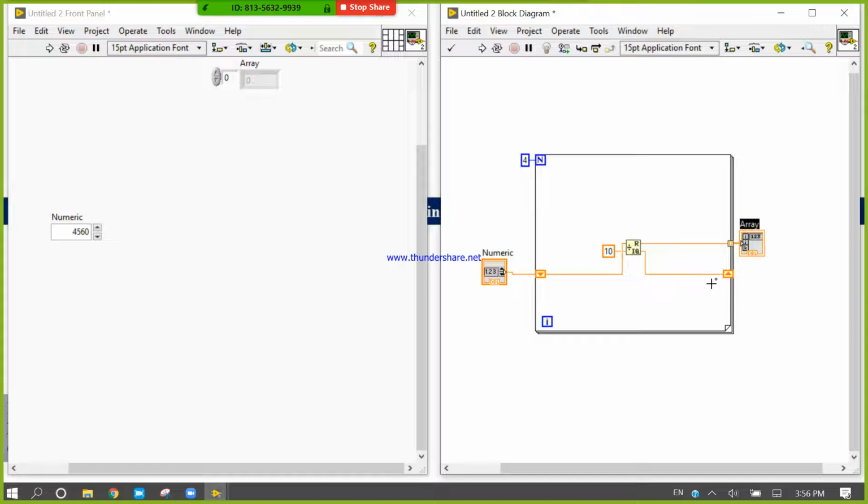In the next iteration, it will send this 456 here, and again divide it. What will become here? 6 and 45. In the next iteration it will send 45 here. It will divide 45 by 10, then 5 will go here and 4 here, and that is the 4 iterations. So the output will become like this.